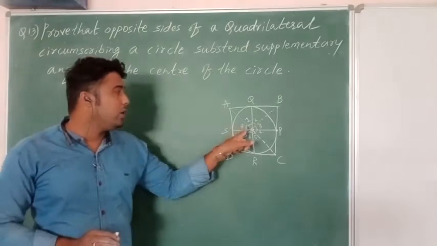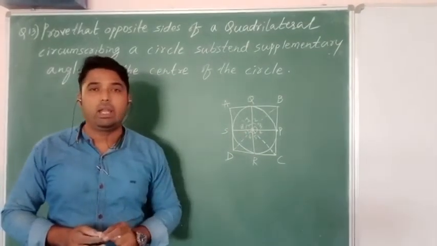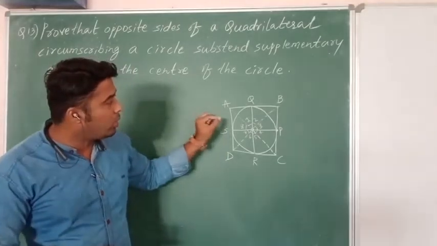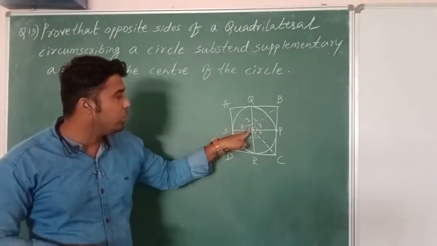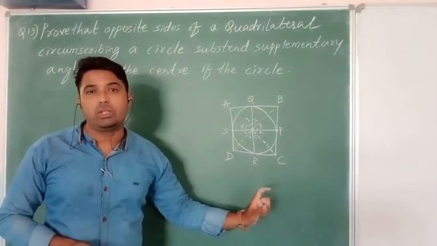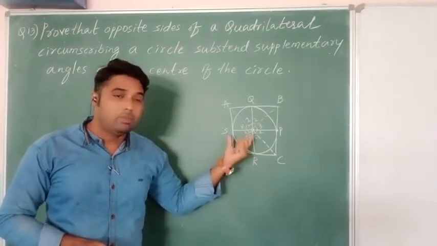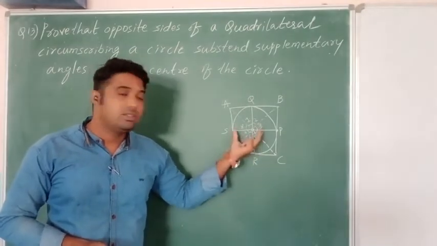You can observe OQ, OP, OR, OS are the radii of the circle. Then what about the dotted lines? You could see that AO, OB, OC, OD are the constructions which are made for an easier purpose, and by that we can solve the solution easily.